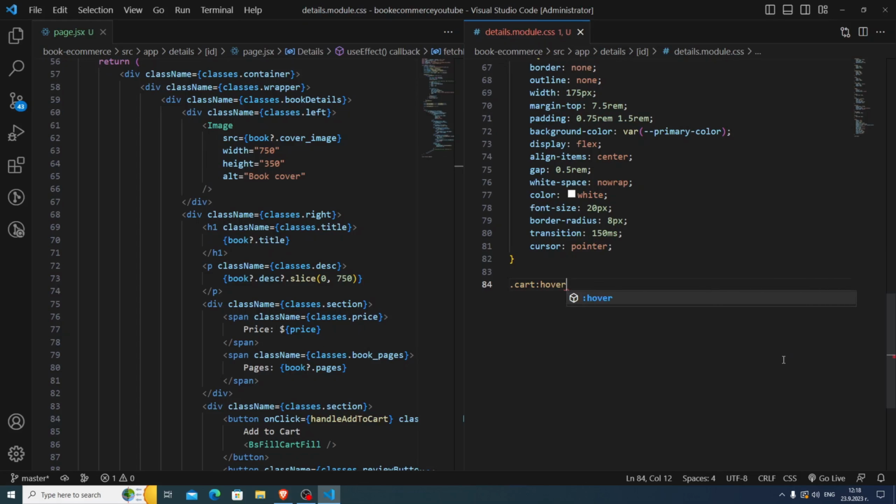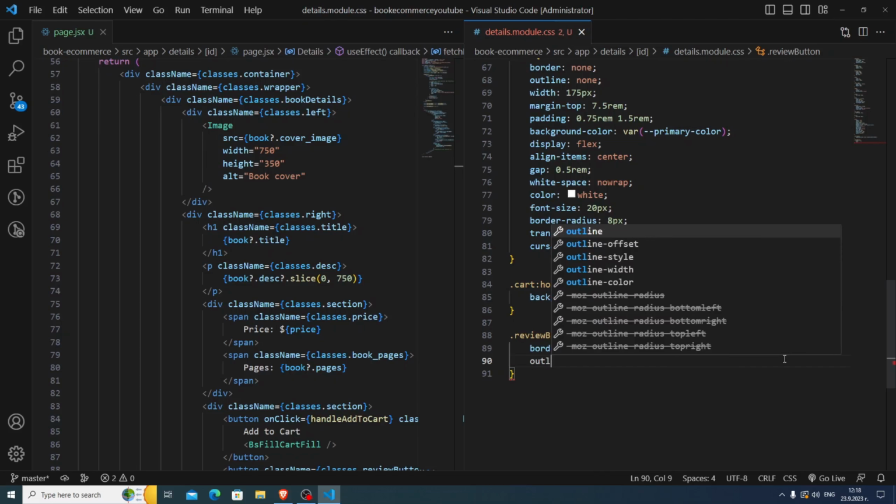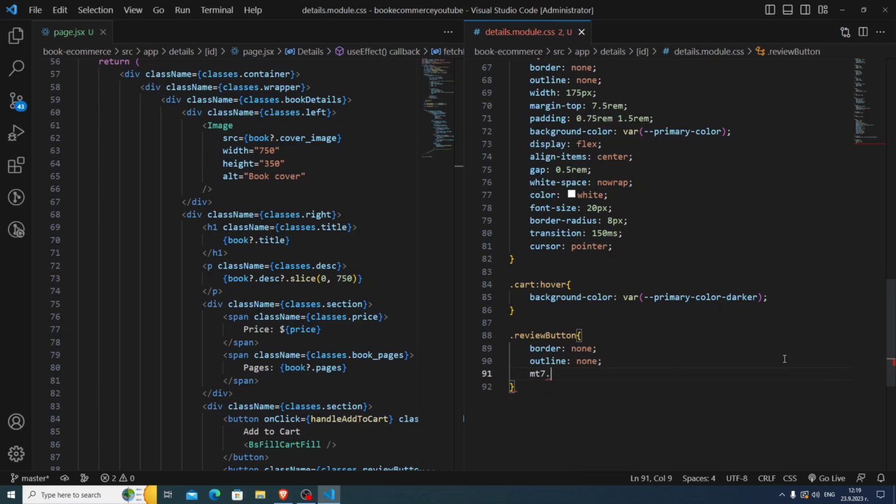Then .cart:hover is going to be background color of var primary color darker. After that, I want to target here the review button. So here .review-button is going to have a border of none, outline is going to be none, then margin top of 7.5rem, padding is going to be 0.75 on top and bottom and 1.5 on left and right. Background color is var primary color, then color is going to be white, width is going to be 175 pixels, font size is 20 pixels, border radius is